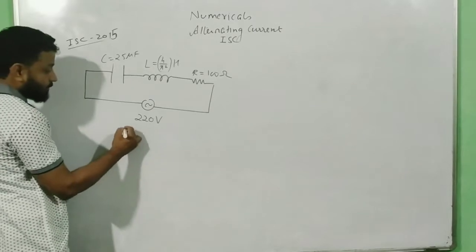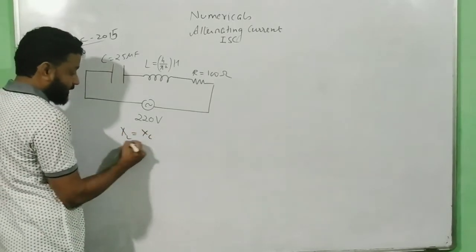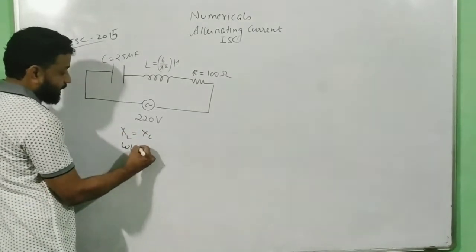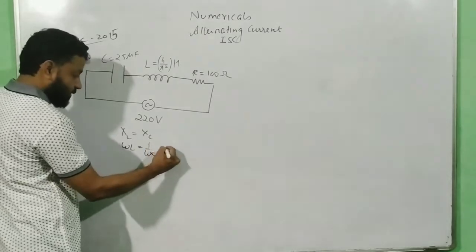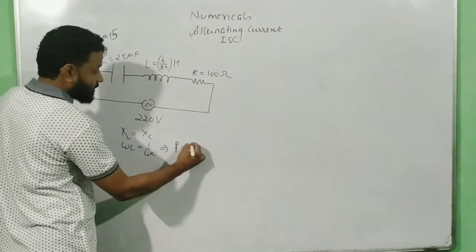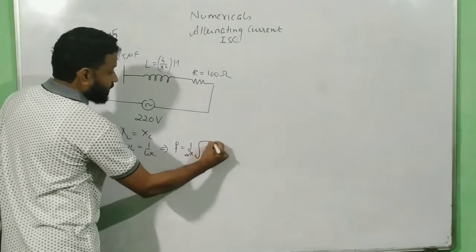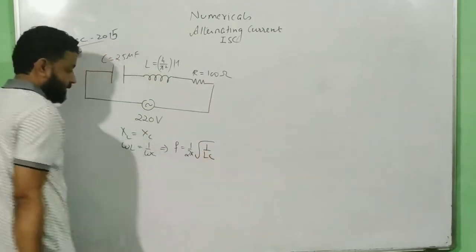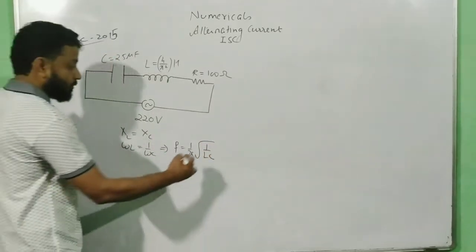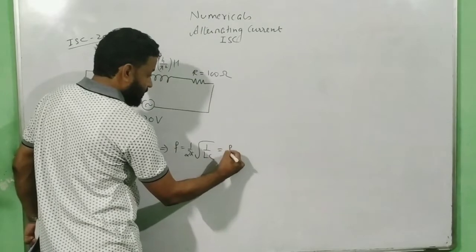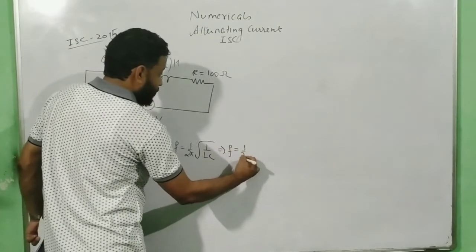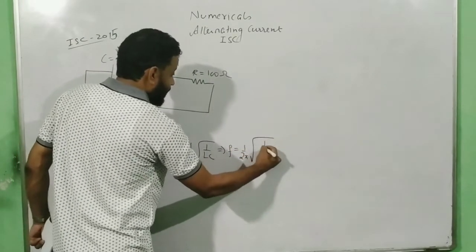How will you find the resonance frequency? XL is equal to XC, that is omega L is equal to 1 by omega C. If you continue this, I will get the frequency as 1 by 2 pi into root over 1 by LC. So the resonance frequency will be equal to 1 by 2 pi root over of 1 divided by L